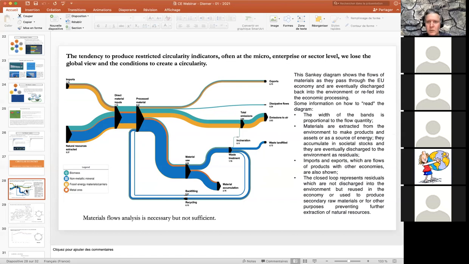I just show you what we call the Sankey diagrams. It means Eurostat use a way to capture flows. Flows are really important for Europe to understand what materials we use, what energy we use, and what we can reduce or not, what we export or import. But you understand that material flows are necessary, but not sufficient. We need to go beyond this. And this is maybe the first conclusion I would say: be very careful the way we capture circularity. And the global view is sometimes not enough.